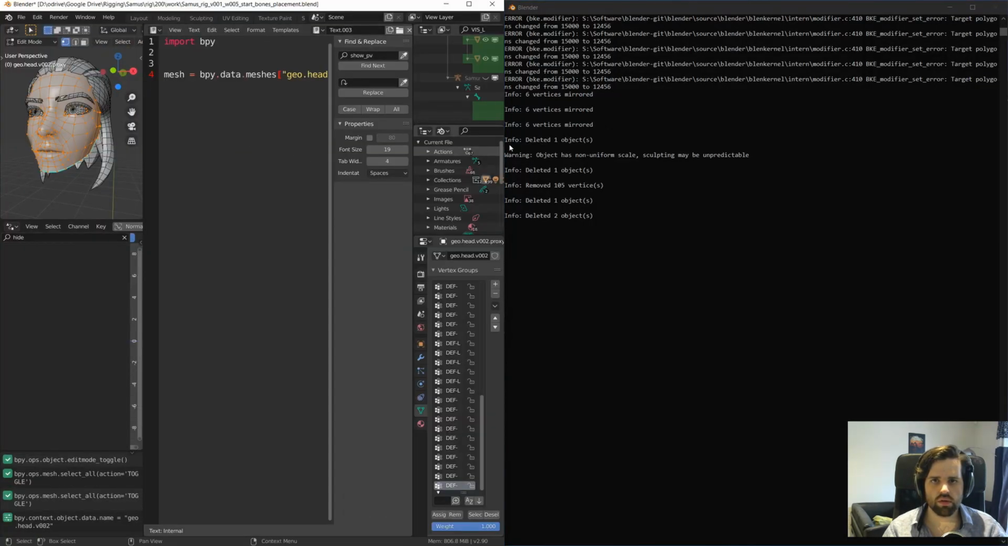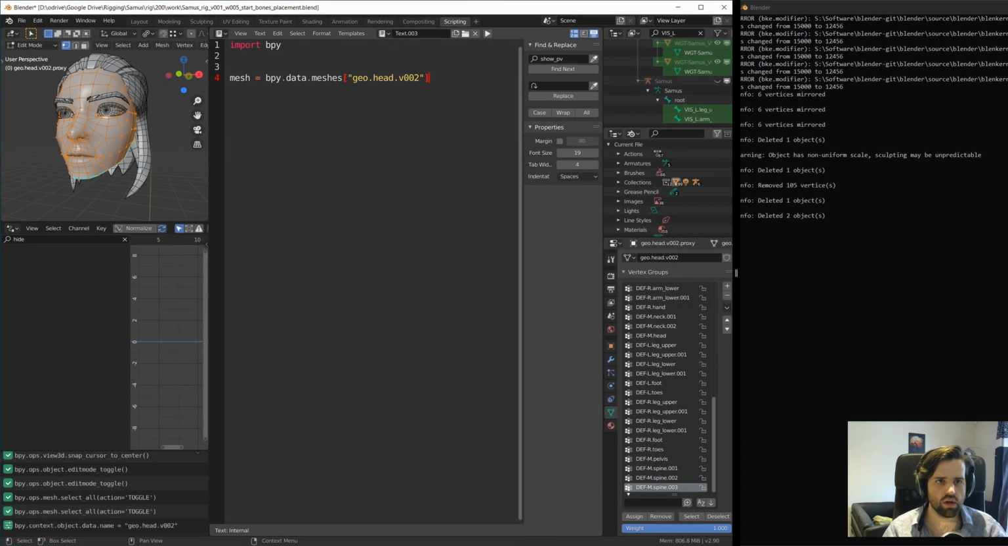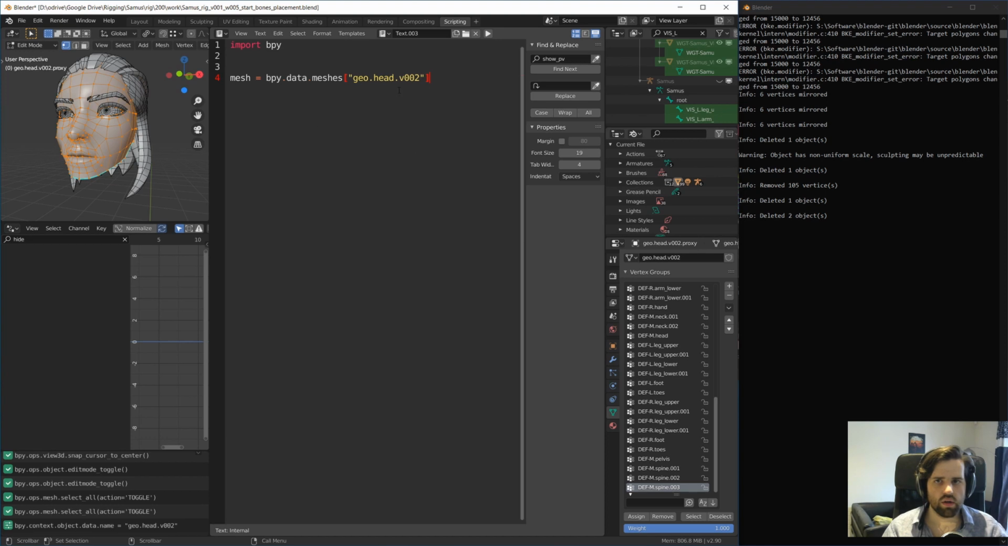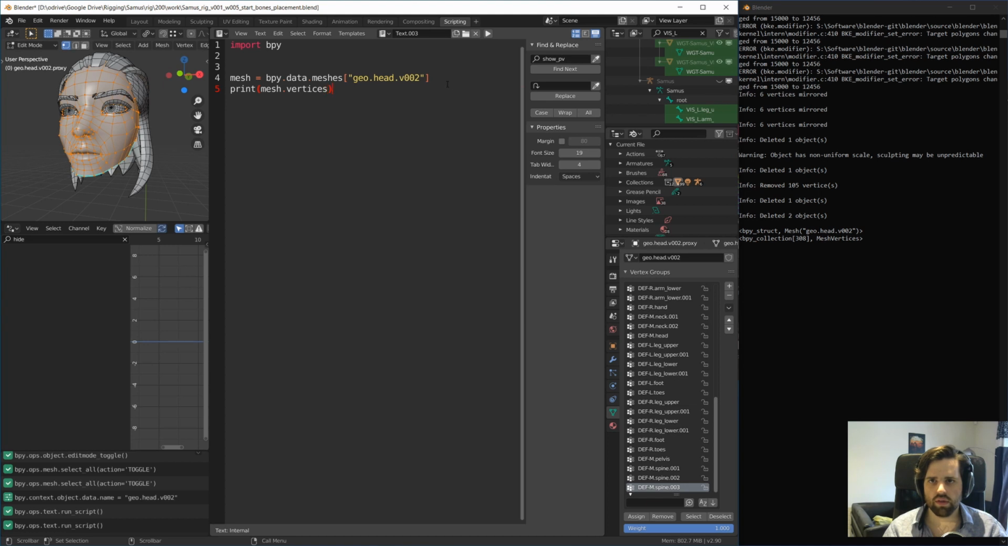The console on the side. Okay, and see if I print my mesh, I do get the mesh. That's cool. And can I print mesh.vertices? Yes, cool. So that means I can probably now create a for loop